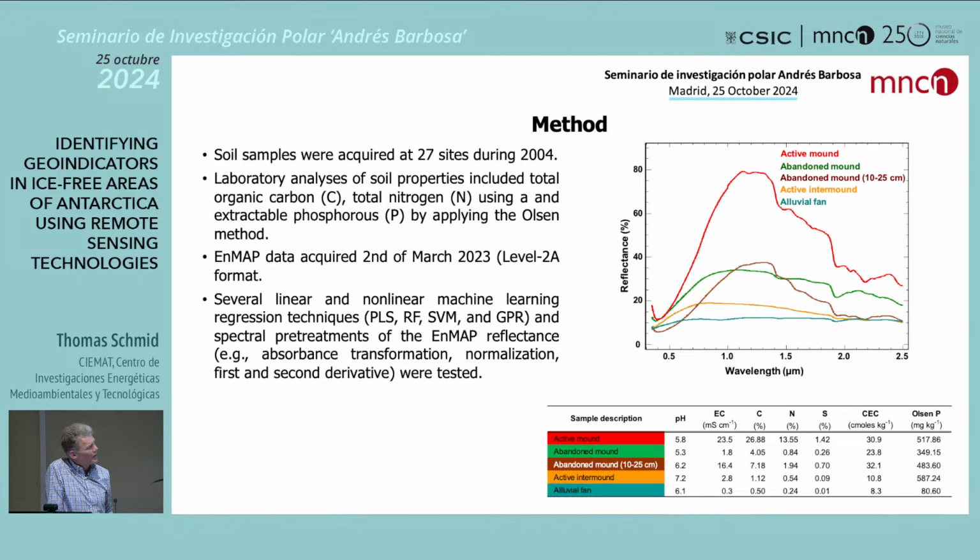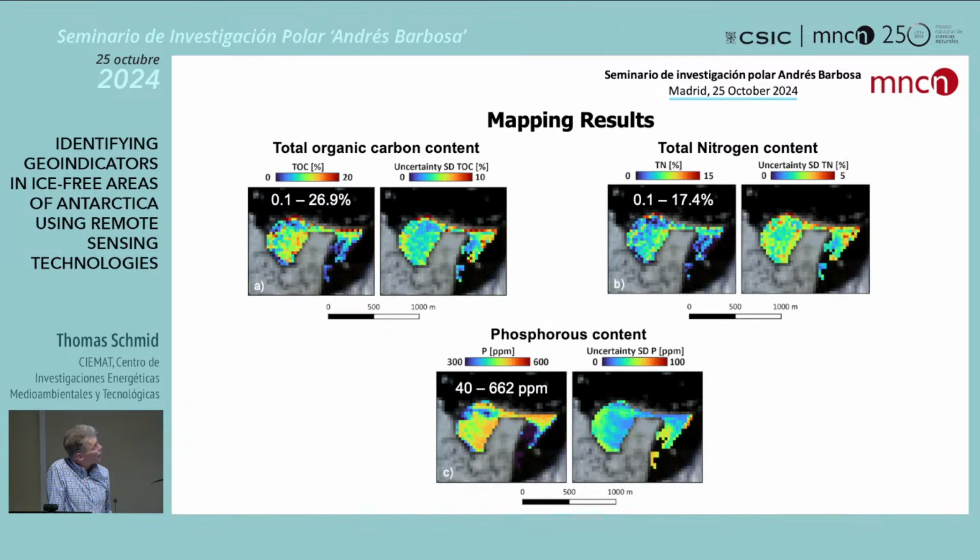So we got average values, and we could determine how the different nutrient content is, etc. And what we did is obtain a quantitative value of total organic carbon, total nitrogen, phosphorus content. And this is something we have to think. We're using a satellite image to obtain this quantitative